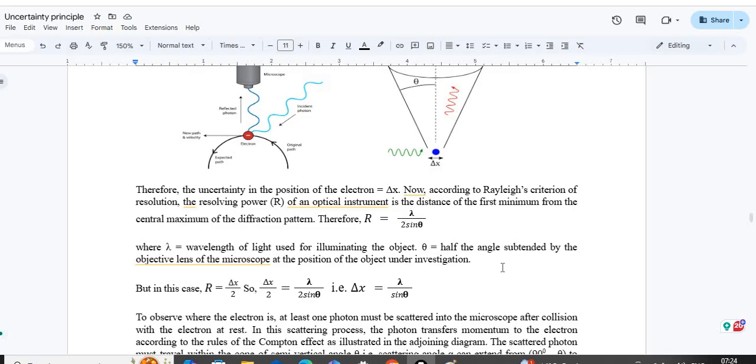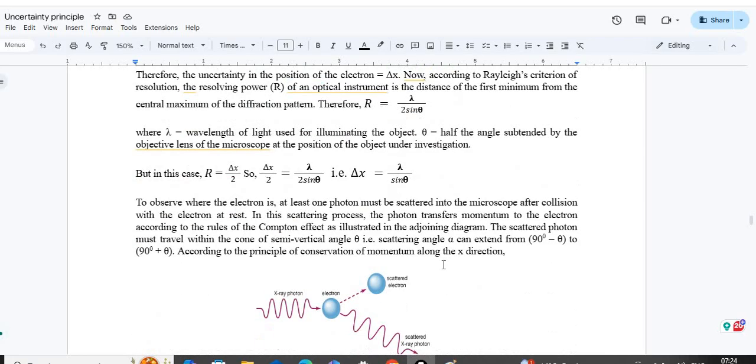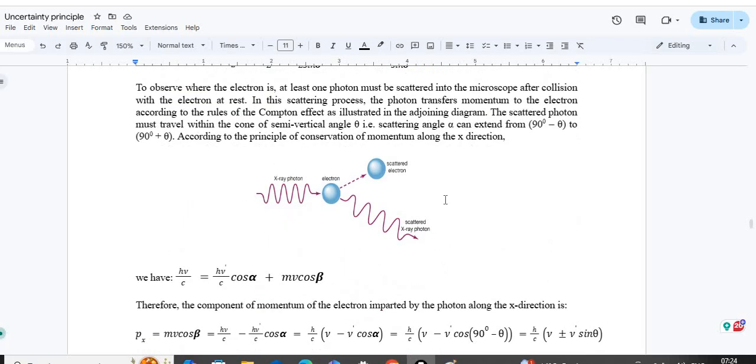Now we need to think about its momentum. When you are measuring momentum, again we are going to refer to the Compton effect. The light falls, the photon energy falls on an electron, there will be scattering and the recoil of the electron. So this is the simplest picture of a quantum method. The photon falls on the electron, it absorbs some energy, so it recoils in a particular direction, and the scattered photon goes